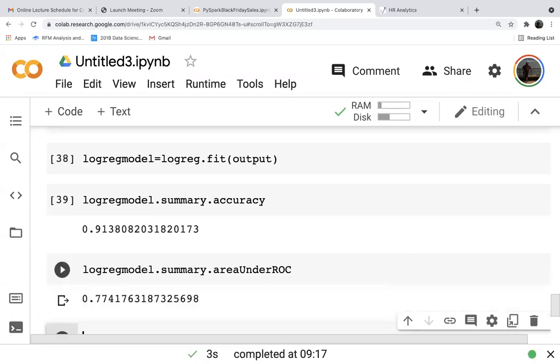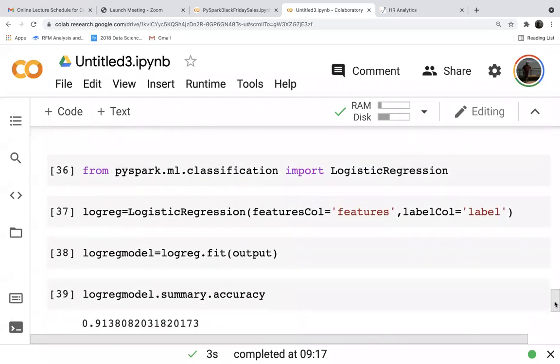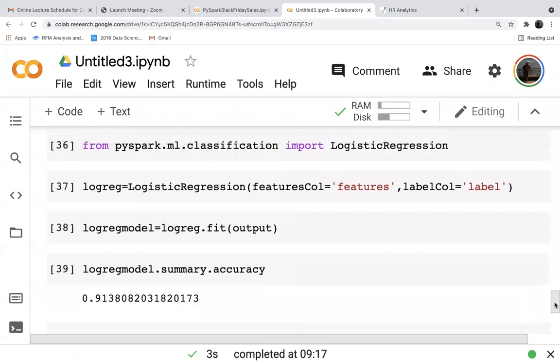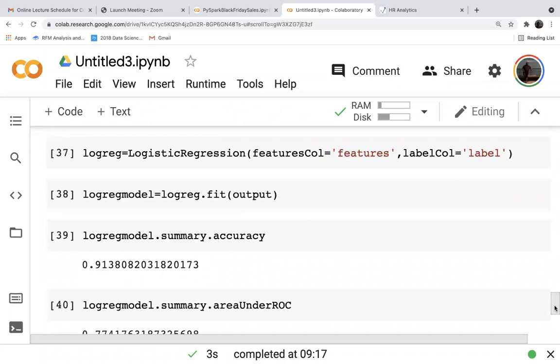Okay. Can you show the code just above this?